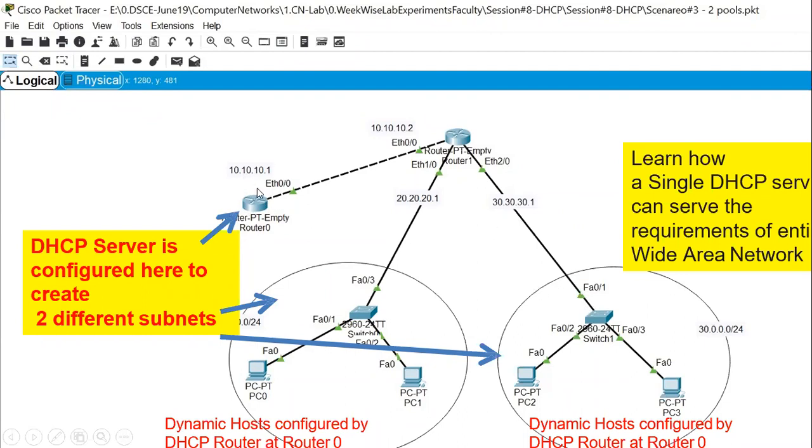Now remember, this is the DHCP address. Now these addresses are static addresses. These should be assigned by the network administrator, or we are going to assign them statically. So first we're going to configure the DHCP server as 10.1, and this will be 10.2, this is 20.1, and this is 30.1.